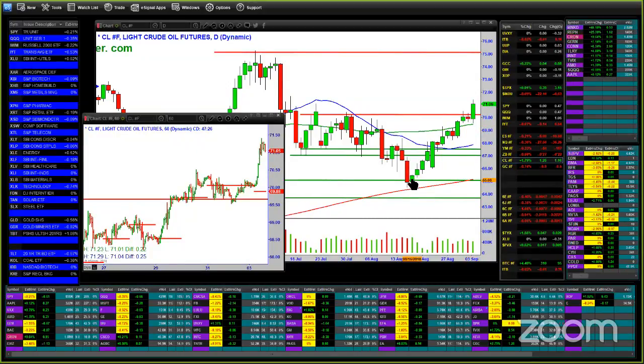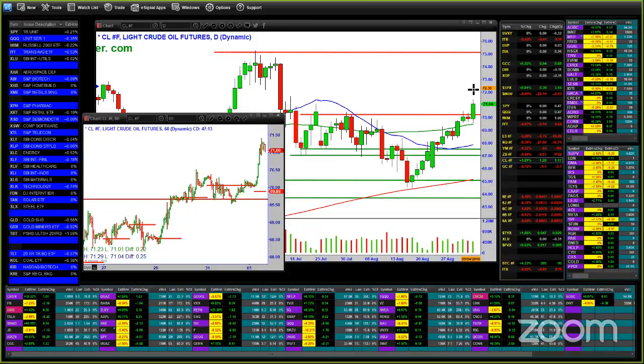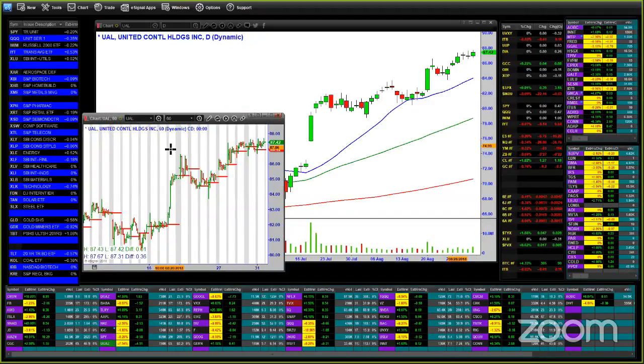Oil buyers continue to step up here. This correction and this breakdown proved to be a breakdown failure, and the gap was bought, and oil just looks like it's going to continue to go higher, which makes me think, or creates the thought, why is United doing so well and moving up like this, and some of the other airlines